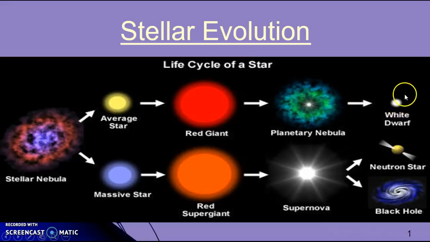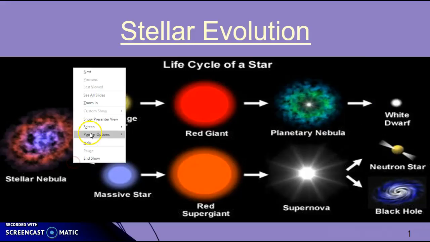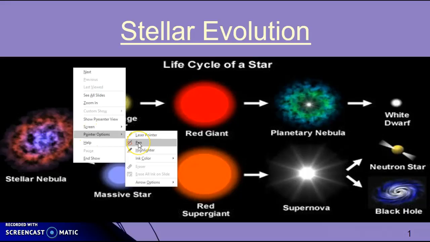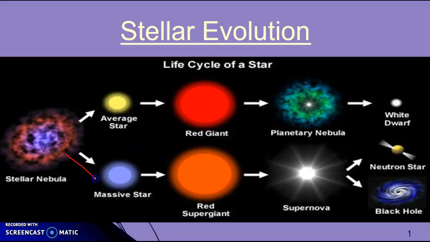anymore, and then we are left with a white dwarf. Ultimately a white dwarf will slowly fizzle out and become a black dwarf, at which point we can't see it anymore. It still has a gravitational pull, but we can't see it anymore. If we go this route down here, right, so now I'm talking about the bottom half here. If we go this route, down this way,